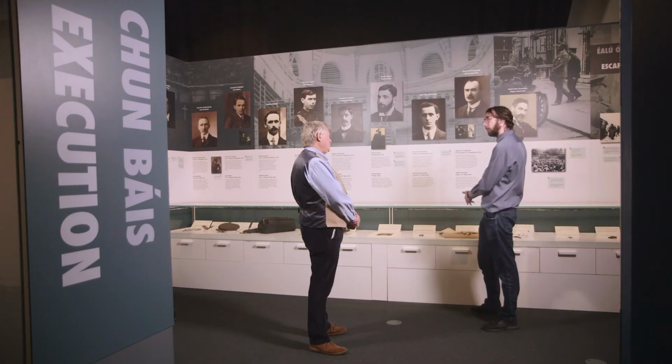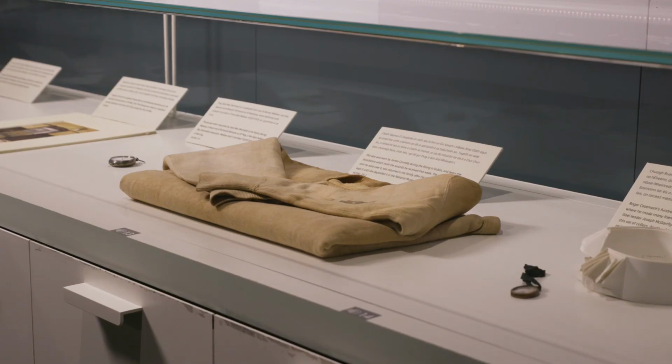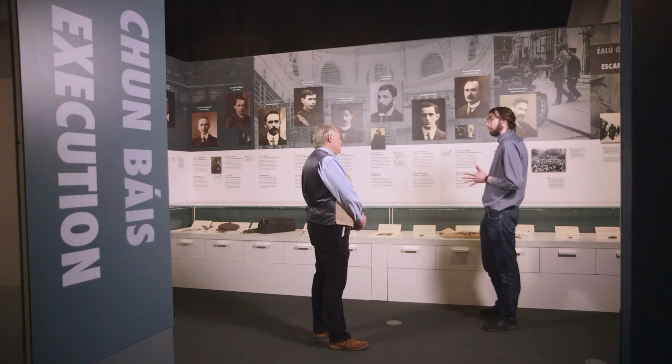We have this shirt here, which is worn by James Connolly during the rebellion. And if you look on the arm, you can see a blood stain on it, because during Easter week, he leaves the building, the GPO, a couple of times. And one time he gets a bullet to the arm, one time he gets a bullet to the leg. So you can see the blood stain here from the injury he gets to his arm. But the shooting of the leg also is very important because basically he can't actually stand for the execution itself. So he ends up being tied to a chair,